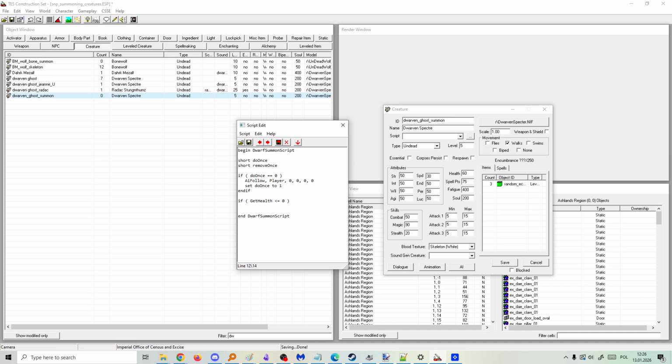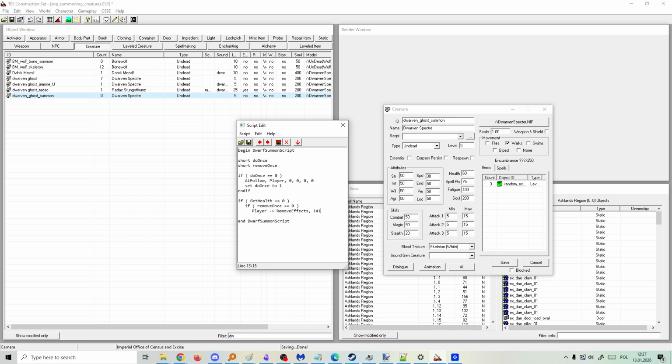So if the health is below 0, if remove once is equal 0, then we remove the effect from the player. Player remove effects